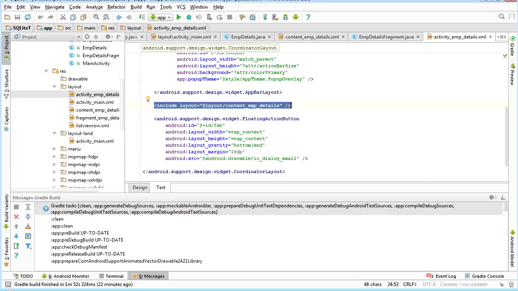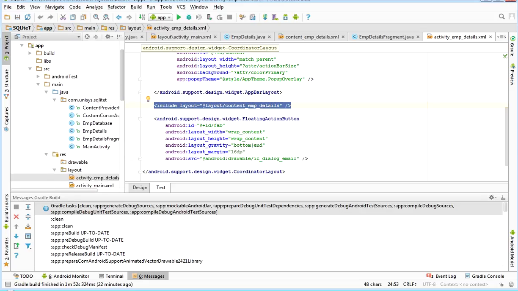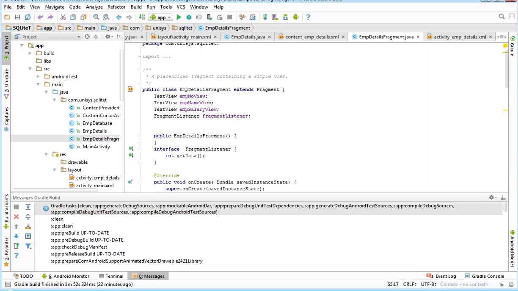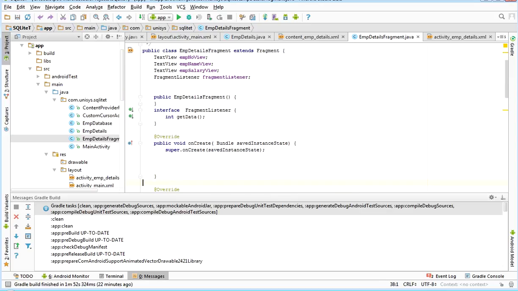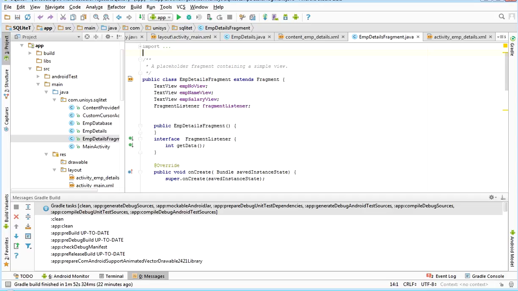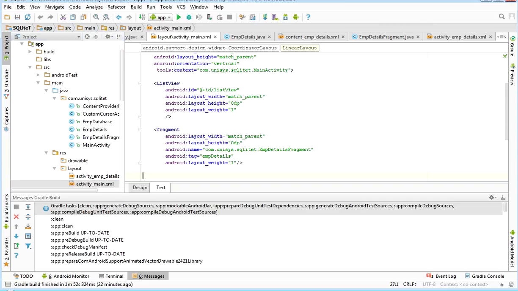What is that fragment? The same fragment I am using. I reuse the detail fragment. Here, see, I reuse the fragment, because the same fragment I am using. For simplicity and understanding purposes, I have coded it here. Previously,